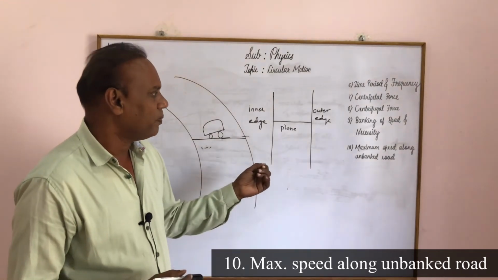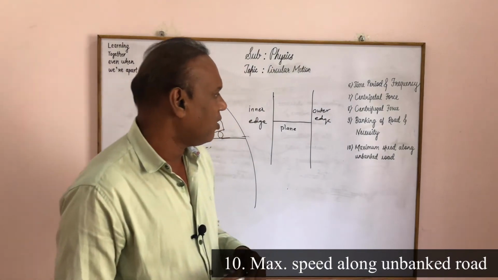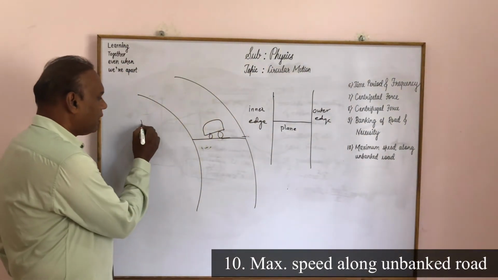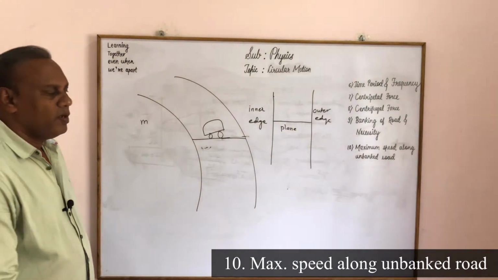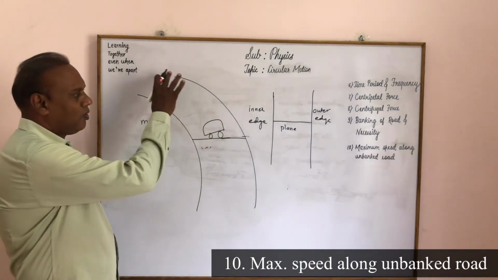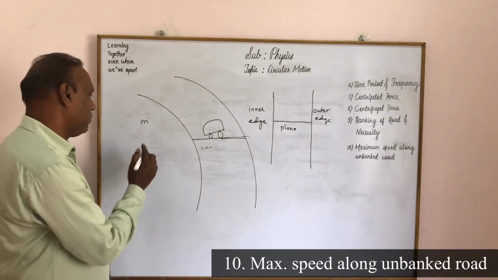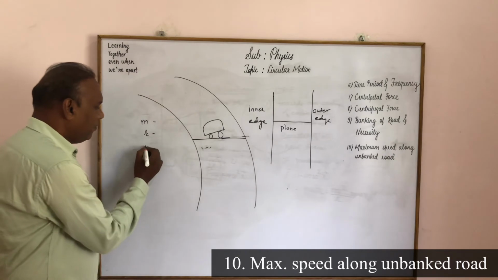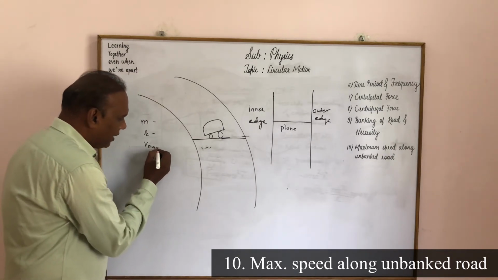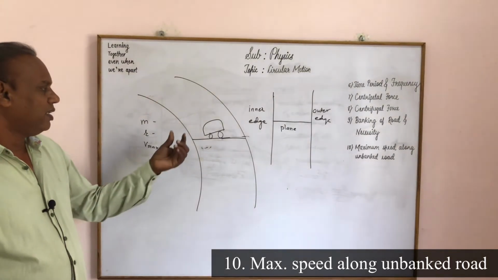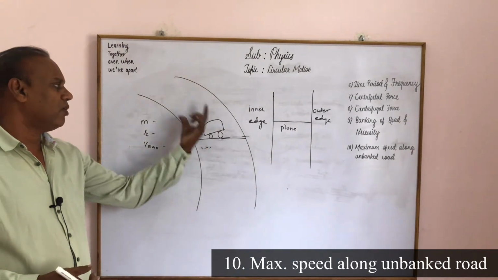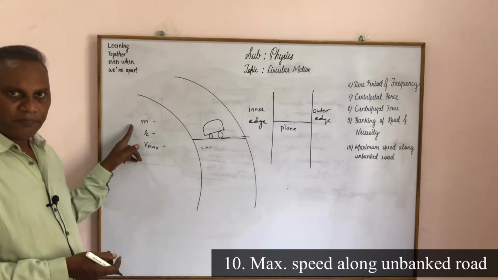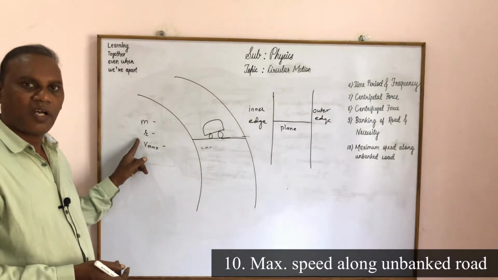Then our next topic is maximum speed along an unbanked road. Suppose a vehicle of mass m is moving along a curved horizontal road or a plain road of radius of curvature r and moving with a maximum speed Vmax. Consider a vehicle moving along a curved horizontal road of mass m and radius of curvature r with